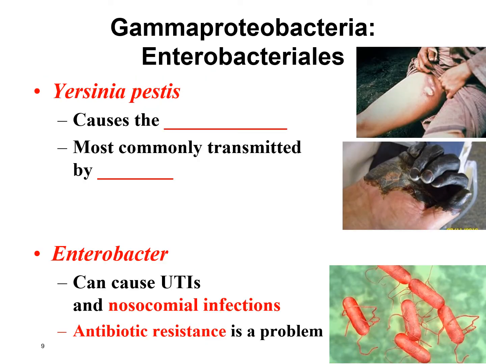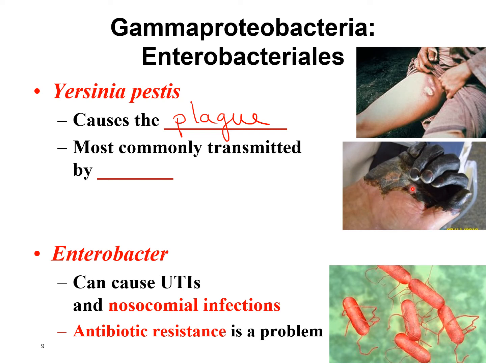Our next gram-negative bacterium is Yersinia pestis. It causes a very scary disease, the plague. The plague is also called the Black Death, and you can see a picture of why it's called the Black Death over here. This bacterium will trigger the clotting system in your blood, and these little blood clots will end